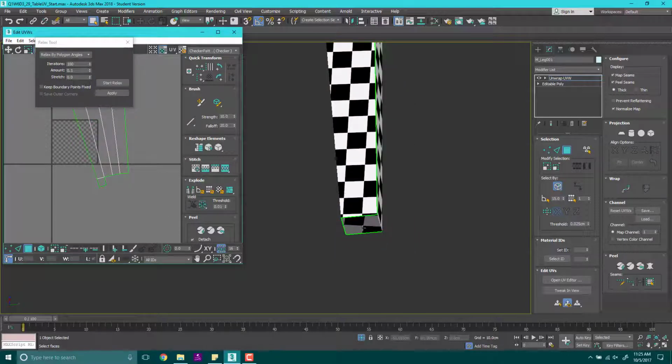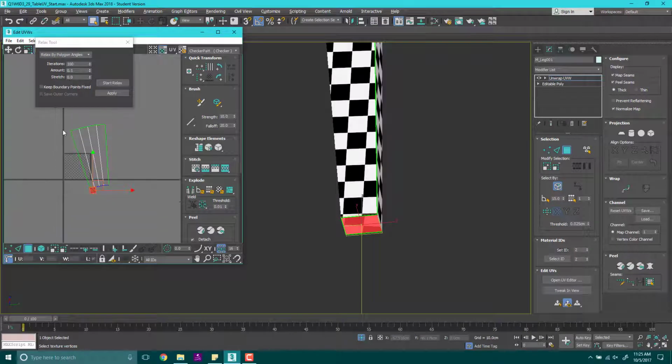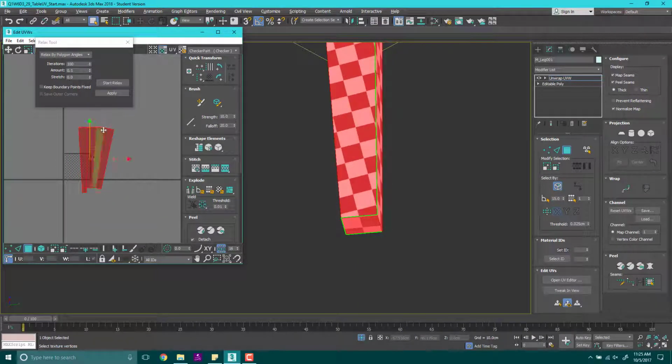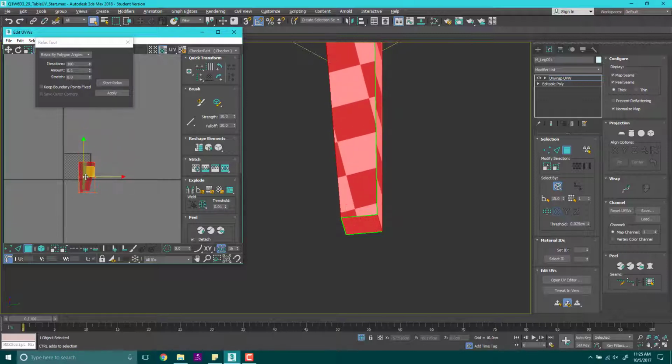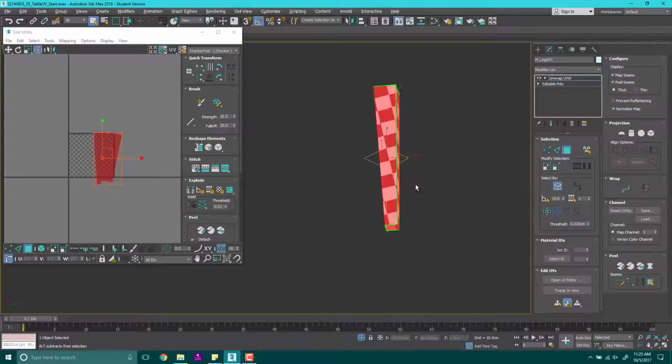So you can see that the bottom is here, and then it lays out appropriately. We can align it however we want, and then scale it down. And then our leg is done. This is done. We can apply, be finished. And now this is basically the UVs laid out. So now,